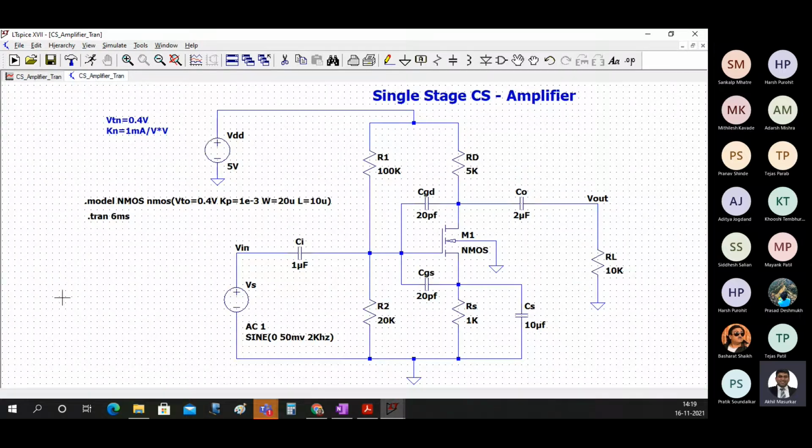Now my question is, if I tell you to do this for 1 million frequencies, because our voice has a range of frequencies, and when I'm speaking on the microphone, all the frequency components of my voice should reach the other end or should get amplified in the same proportion. If that does not happen, then my voice will seem different to you. So it may happen that when we actually speak in person, my voice may appear different to you. And when I am speaking over the phone to you, my voice may appear different.